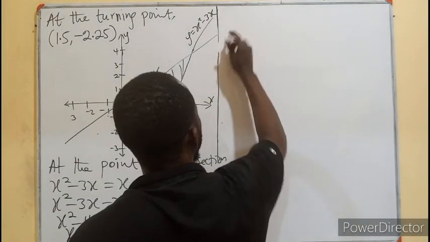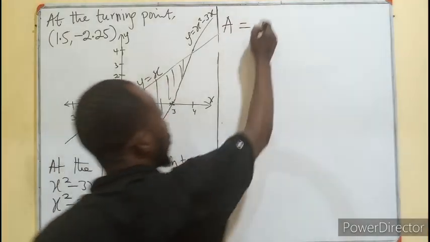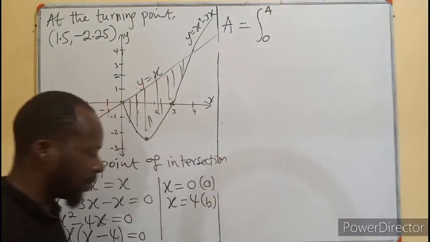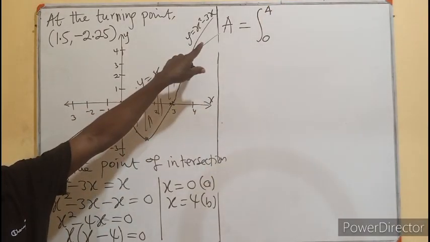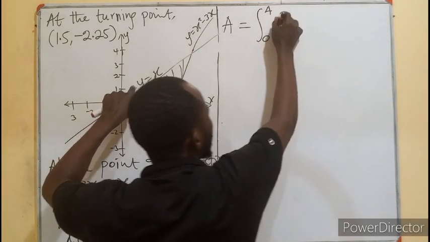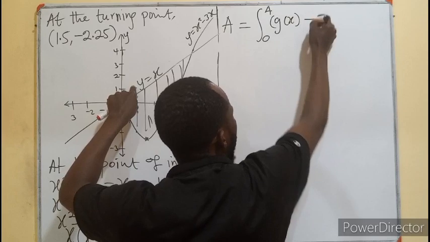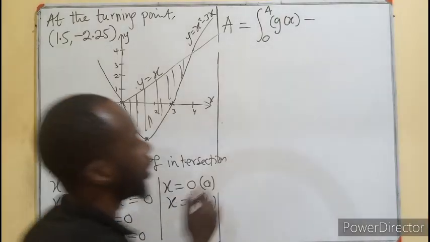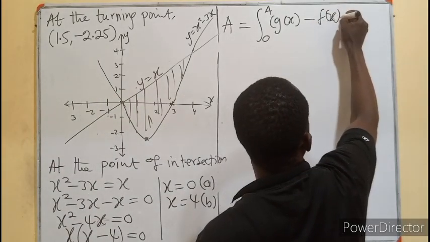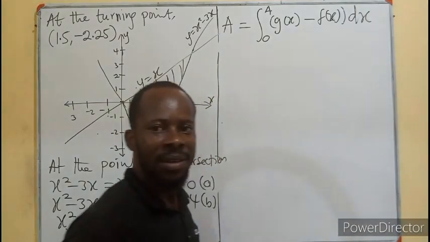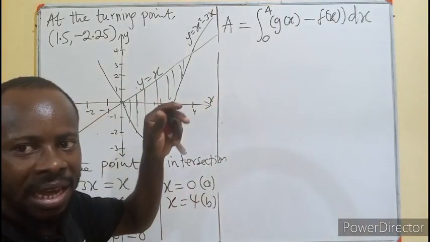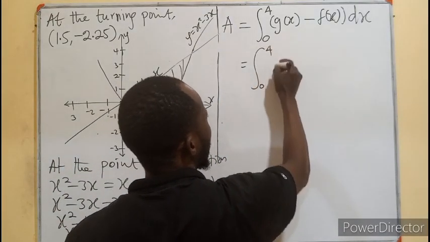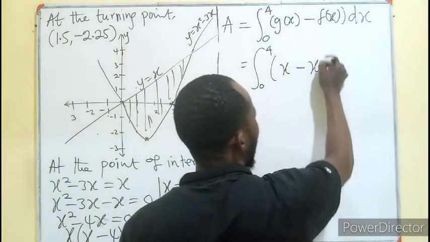So to find the area, the area is going to be the integral between the lower limit and the upper limit. We are taking the curve above, which is g of x, minus the curve below, which is going to be f of x, then dx. The above equation and the below. So this is going to be the integral from 0 to 4 of x minus x squared